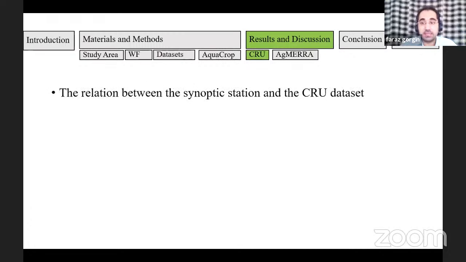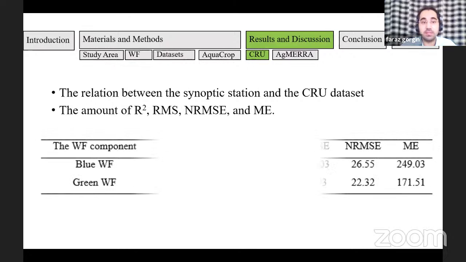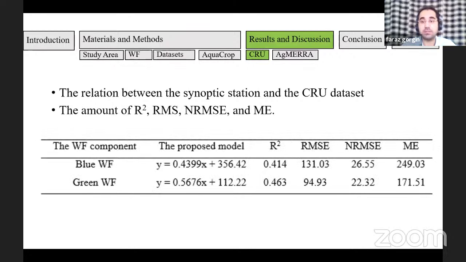The amount of indexes and the proposed model for the CRU data sets for both the blue and the green WF are presented in this table. As you can see, the amounts of R squared, RMSE, NRMSE, and maximum error are demonstrated here. And in this table, the Y is the proposed model. According to the results, you can understand that the proposed model for the green WF is much more efficient than